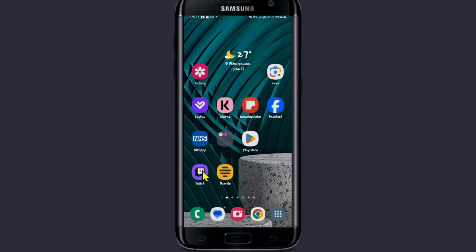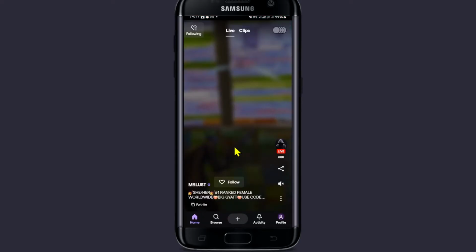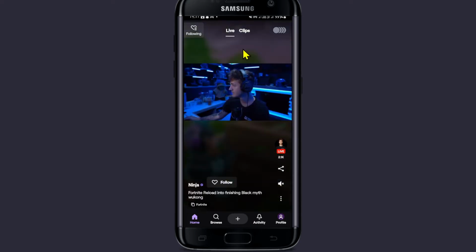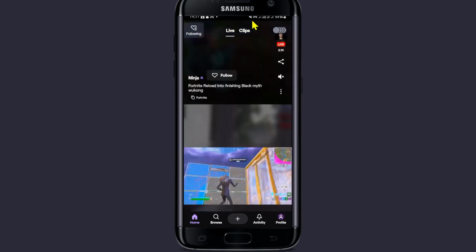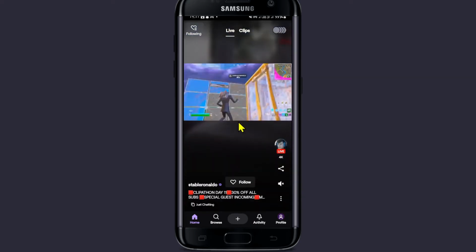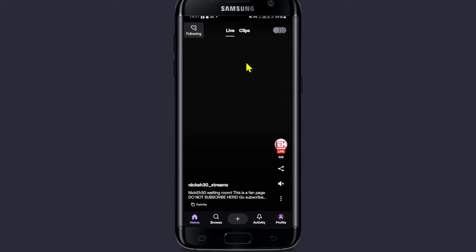First of all, open up the Twitch app on your device, and if you haven't logged into your account already, proceed forward with your email address and your password. Once you are logged in and taken into the home page, you will be able to see various different live